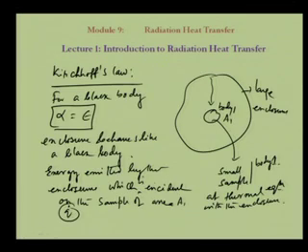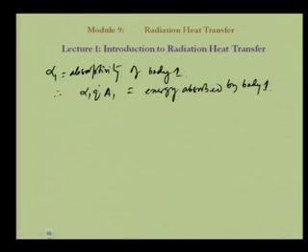So, this q dot is also a flux, that means per unit area. q dot is the amount of energy coming per unit area per unit time. So, q dot, that flux, into area is the total energy, and into alpha 1 is the energy absorbed by the body. And under thermal equilibrium,